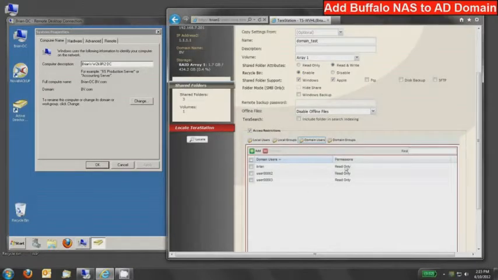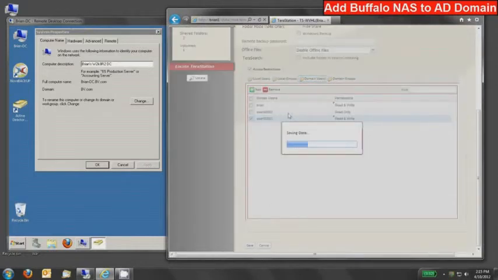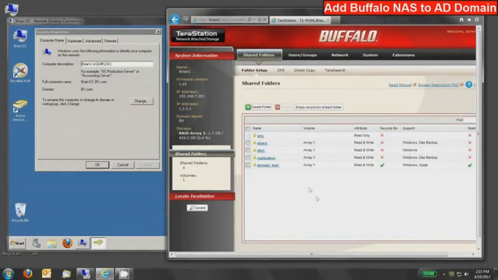So I can select a few of these, press OK, and it'll add them into the access restrictions, and these are set to be read-only, so I can change these to read and write or read-only. And then when I'm done, I can press the Save button, and that share will be deployed with those credentials. If the user, Brian, changes his password, it will automatically change. It will not have to be changed. So that is the advantage of using Active Directory, and it is completely preserved with the TerraStation. So that's how to set up Active Directory integration with a Buffalo Link Station or TerraStation NAS device.